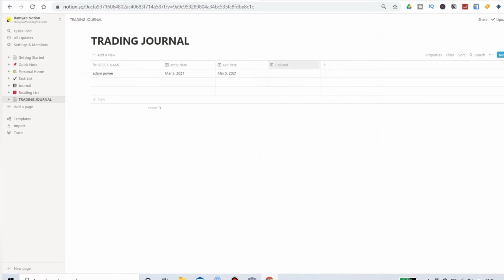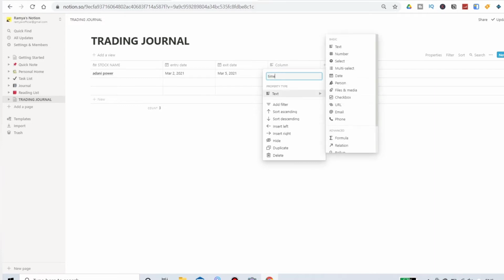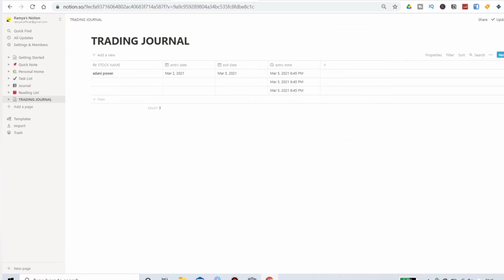Suppose you want to track your entry time, you can put entry time, and you can put it as created time or last edited time. In created time it would be this, because I have created it now.